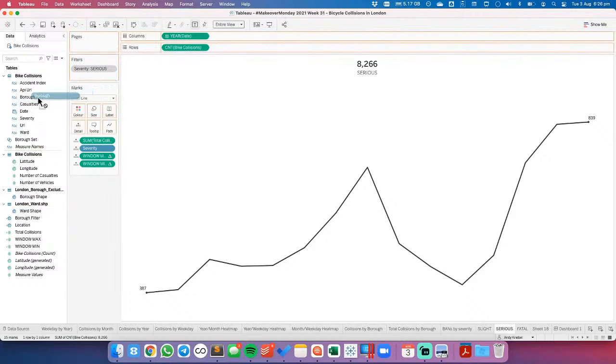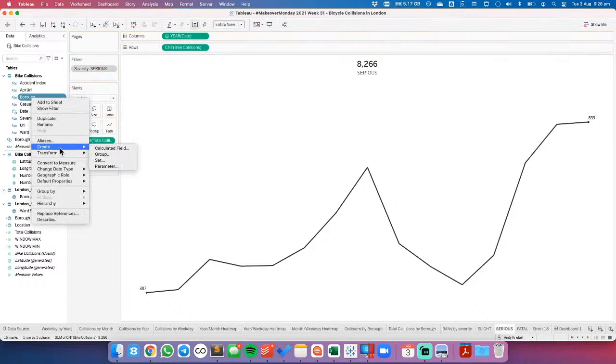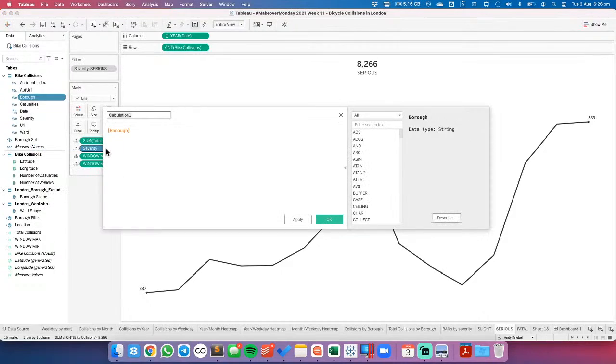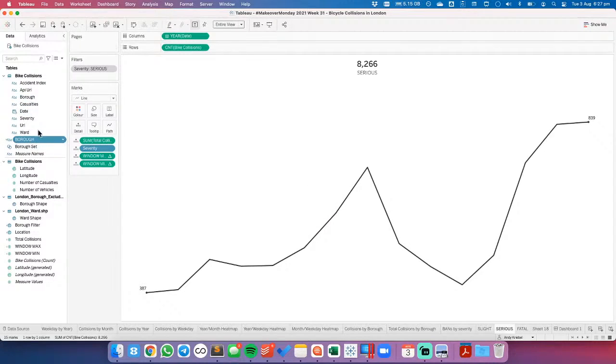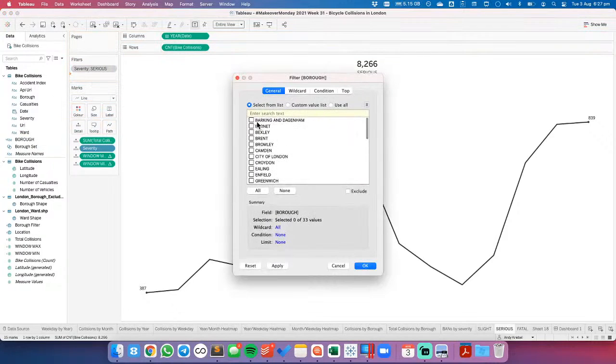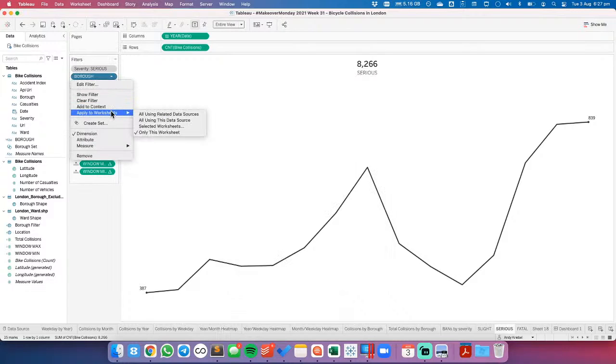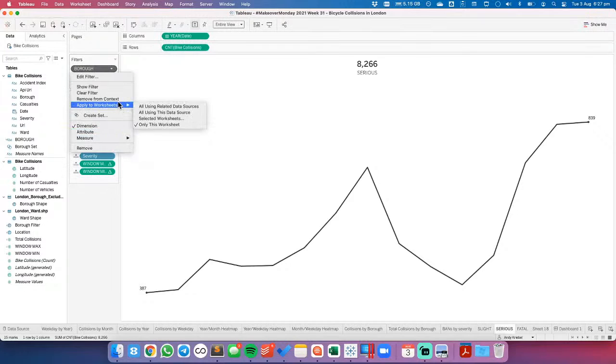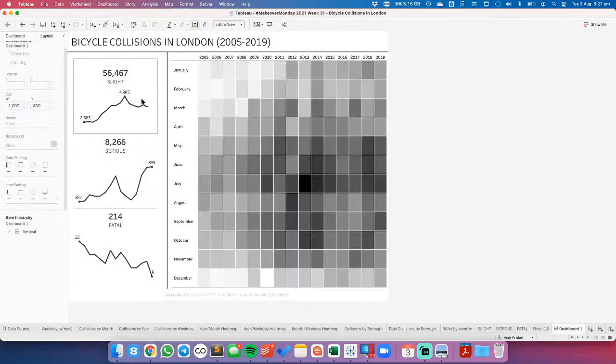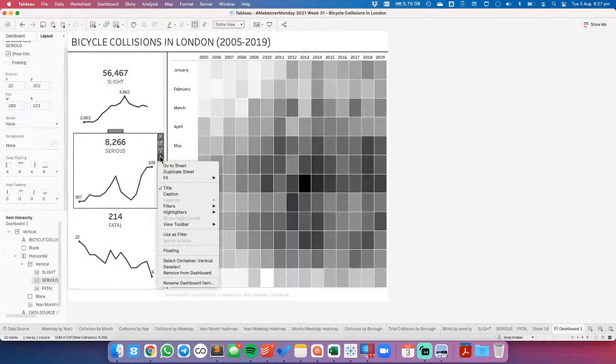Okay, so I want them to be in uppercase. So let's add that as a filter. I'll just select all for now. And I need to apply that to, so let's add that to context. And then I want to apply to, that's okay. Let me bring it into the dashboard first. So serious. And let's